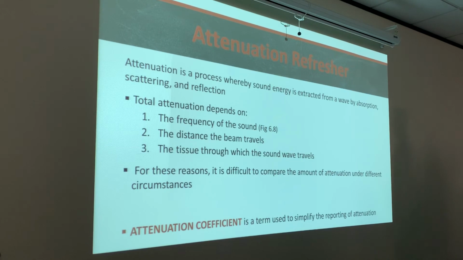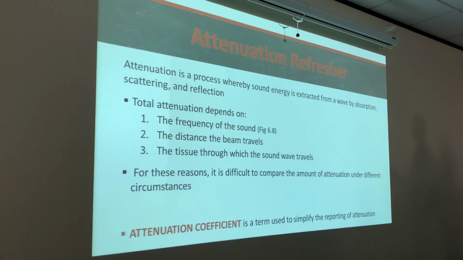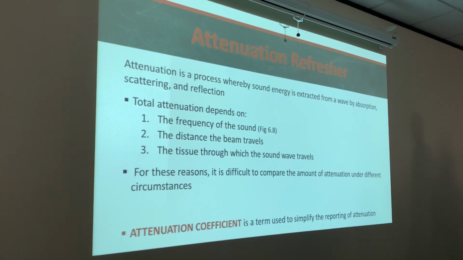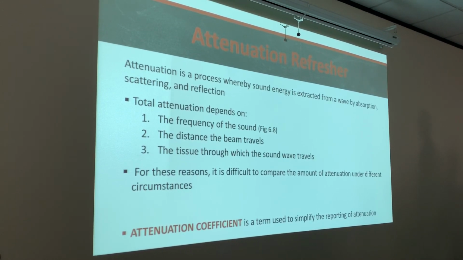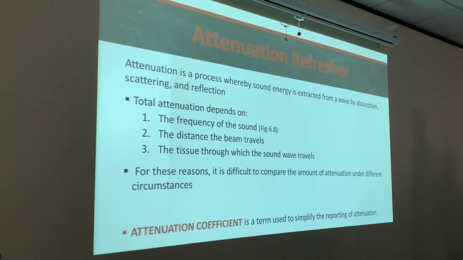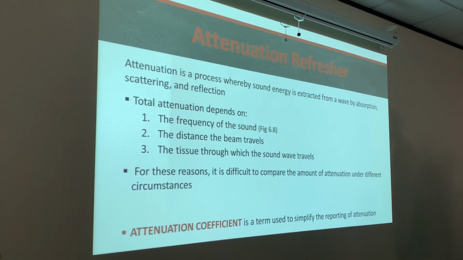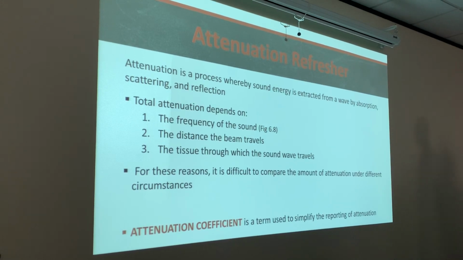Similar to intensity, we couldn't put out one specific number for intensity because intensity varies throughout the time and the space that the sound beam is traveling over. Same thing with attenuation. You can't just pick out one spot and say it attenuated this much, because it depends. What if I'm using a 5 MHz transducer? What if I'm using a 12 MHz? It won't be the same. The attenuation coefficient is the term used to